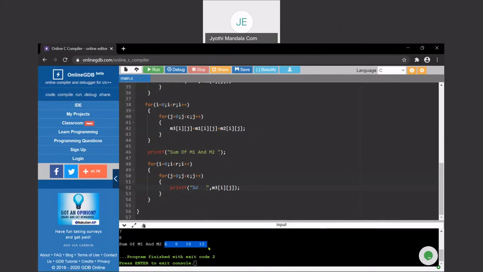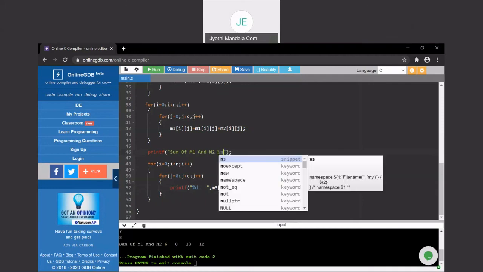But if you want to get the output in matrix form, what you need to do? You need to arrange the indentation. That's it. Very simple. Okay. So shall I do that? After printing the sum of M1 and M2, I want to get the next output in the next line.